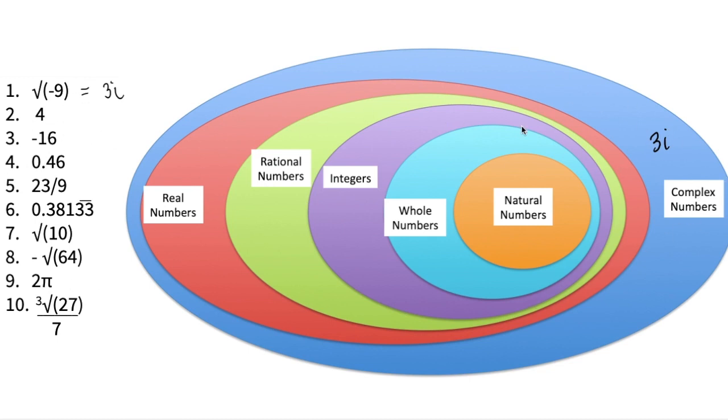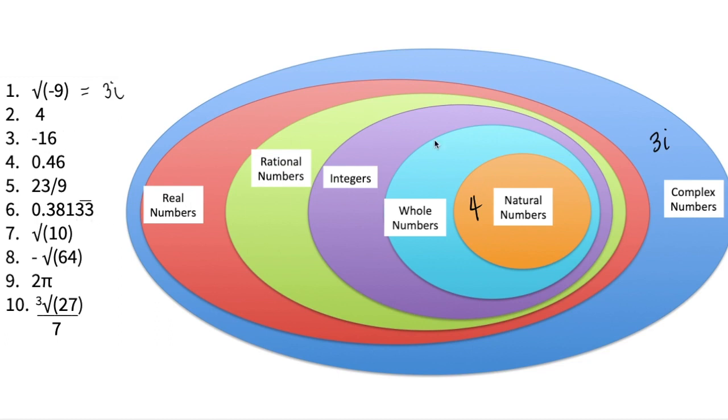How about 4? 4 is a complex number. Pero, real number din siya. So, pwede siya dito. But 4 is also a rational number kasi pwede natin siyang i-express in terms of a fraction of two integers. We can say 16 over 4 or 8 over 2. So, it's a rational number. Pero integer ba siya? Yes. So, pwede natin siyang ilagay sa loob ng set of integers. Now, let's check. Is it a whole number? Yes, kasi discrete siya, 4. At the same time, natural number din siya. So, dito siya sa orange natin or sa natural numbers.